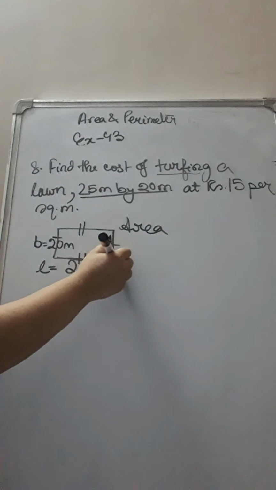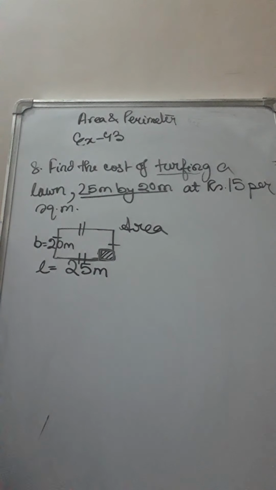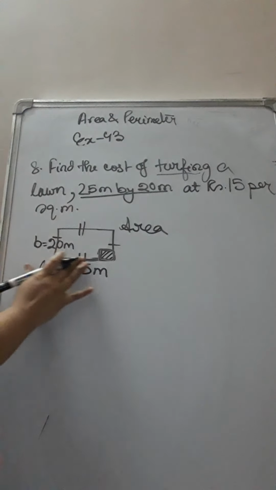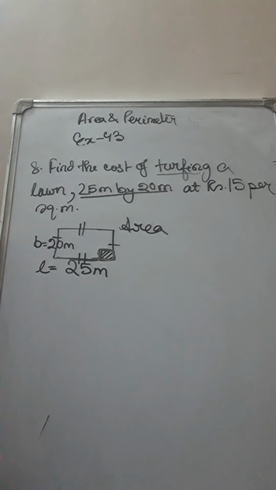So only to put grass in this much of space, the price is rupees 15, that is given. Then what will be the price of covering with grass the entire space inside the lawn? So what I said, you need to turf, put the grass inside. So we have to find the area,